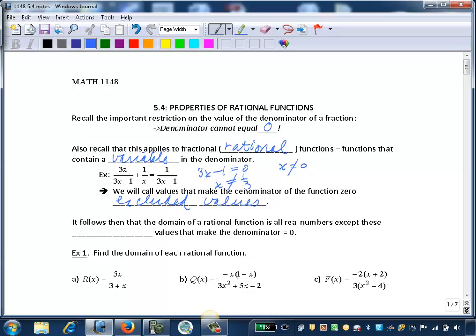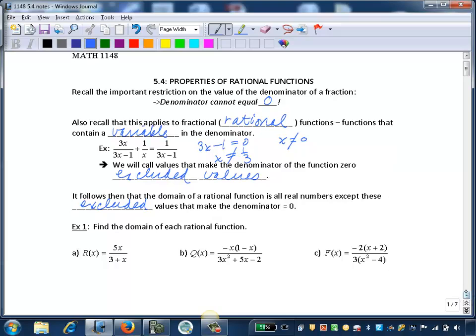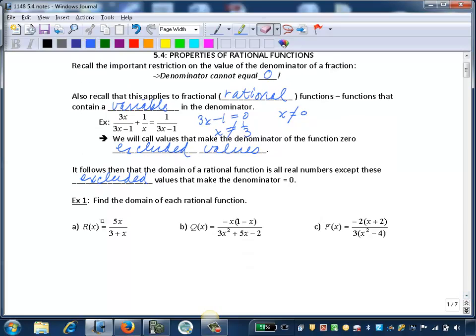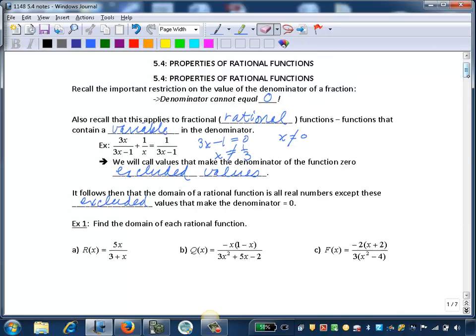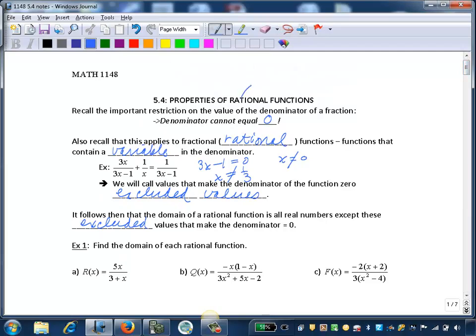So it follows then that the domain of a rational function is all the real numbers except these excluded values. These values that make the denominator equal 0. So we'll look at some examples here. Example 1a, we want to find the domain of this rational function. So remember, rational function, and actually let's make a little note up here. When you think rational, I want you to think fractional